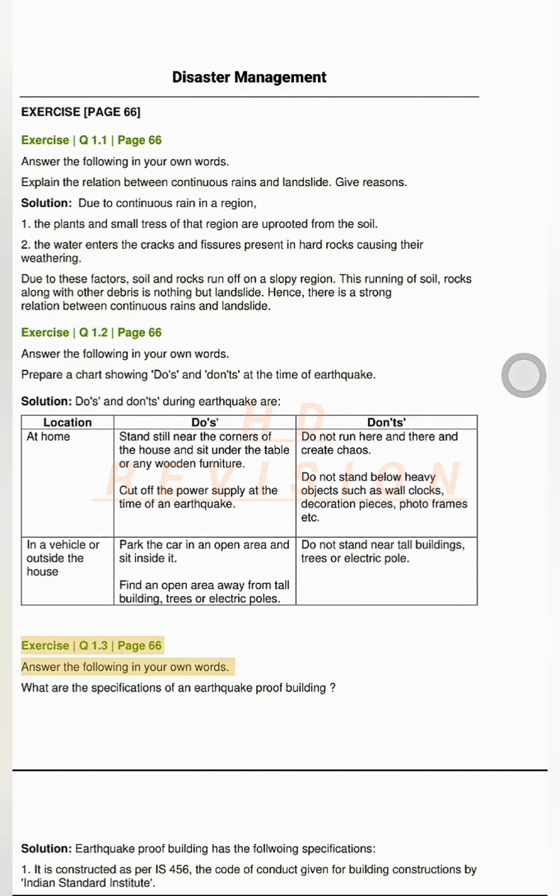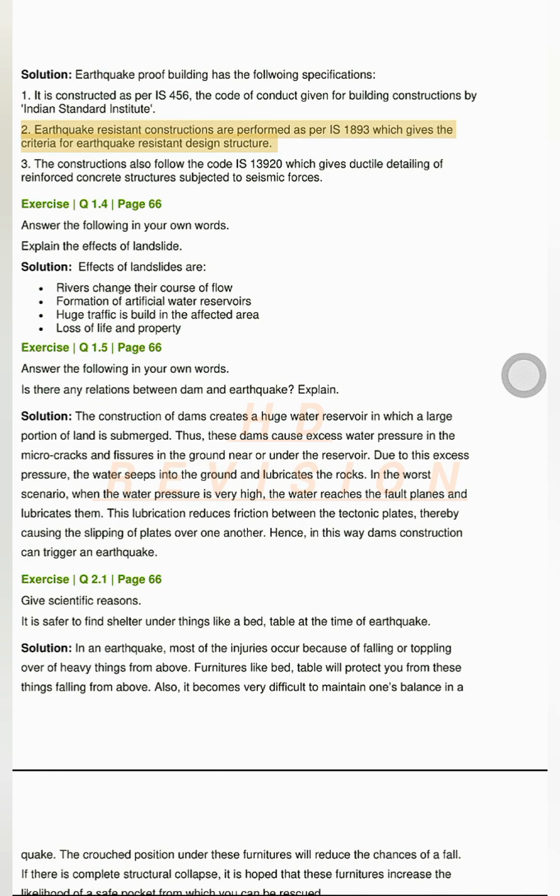Exercise Q1.3, page 66. Answer the following in your own words. What are the specifications of an earthquake-proof building? Solution. Earthquake-proof building has the following specifications. 1. It is constructed as per IS 456, the Code of Conduct given for building constructions by Indian Standard Institute. 2. Earthquake-resistant constructions are performed as per IS 1893, which gives the criteria for earthquake-resistant design structure. 3. The constructions also follow the code IS 13920, which gives ductile detailing of reinforced concrete structures subjected to seismic